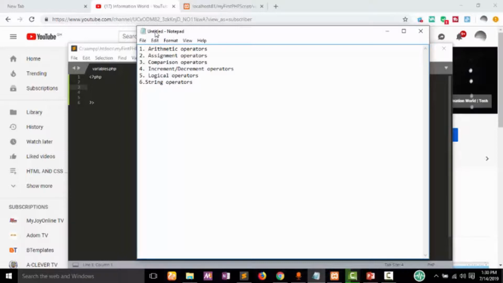Number seven, array operators. So these are basically the groups of operators that we have in PHP,